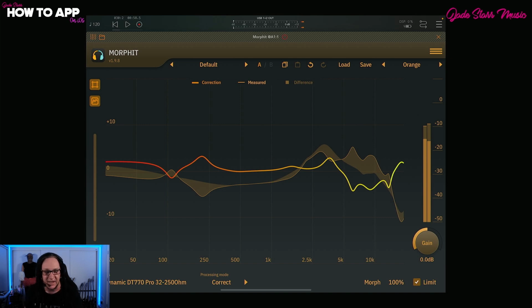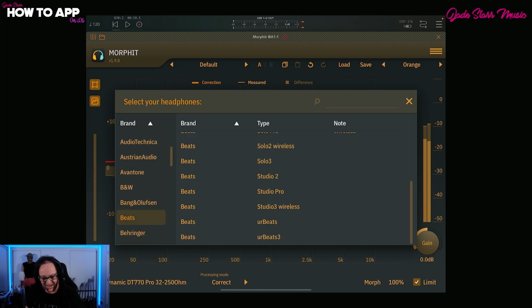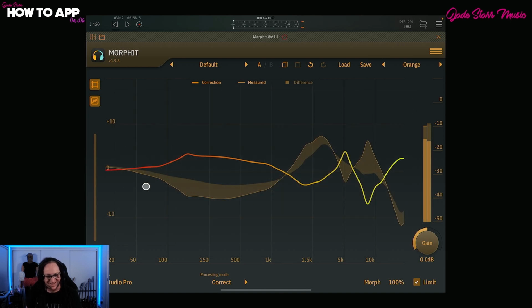Now, mainly this is going to work on things like, now this is not going to work in these cans because I'm not wearing them, but if we come over here to cans like the Beats, let's go over here to the Studio 2s or whatever, or Studio Pros, the Beats, and load these up. So you can see, look at the curve of these Beats. Yeah, so if we hit play,